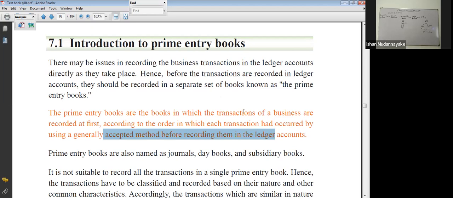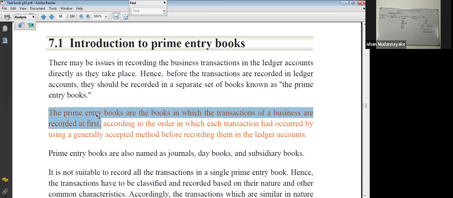Please highlight this sentence: the primary books are the books in which the transactions of the business are recorded at first. Please highlight this sentence. Okay, please highlight. Right. And then